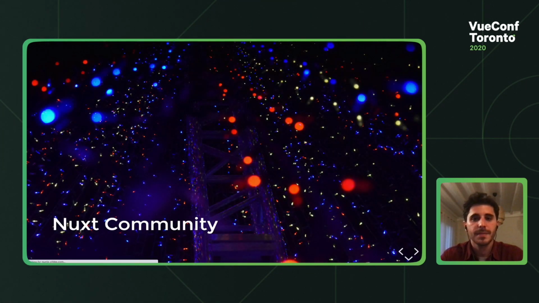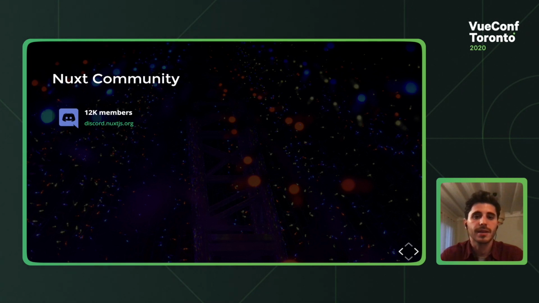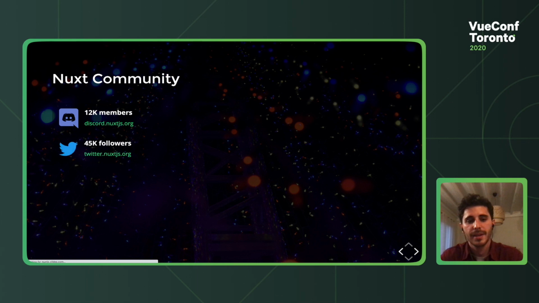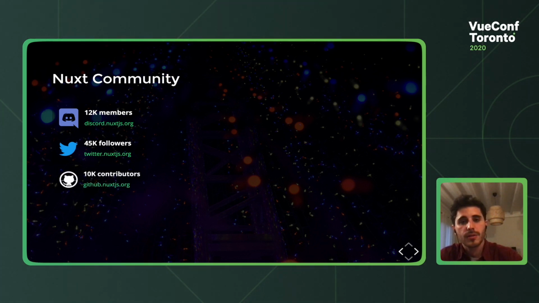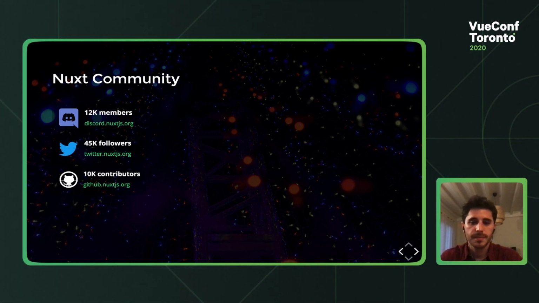Next, community. I'm really happy to see that it keeps growing. We have now 12,000 members on Discord. Like I said, we have 45,000 followers on Twitter, and you're really, really active, and I'm really happy to see your tweets or your reactions when we do a tweet. We have more than 10,000 contributors now on GitHub across all of our organizations and repositories, 10,000 different contributors of course,